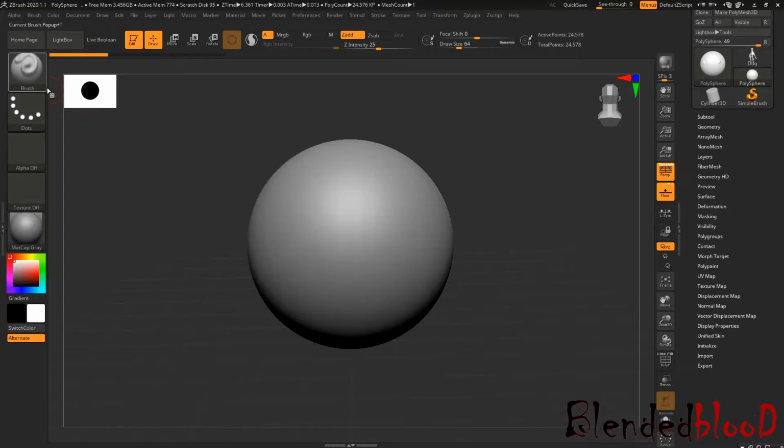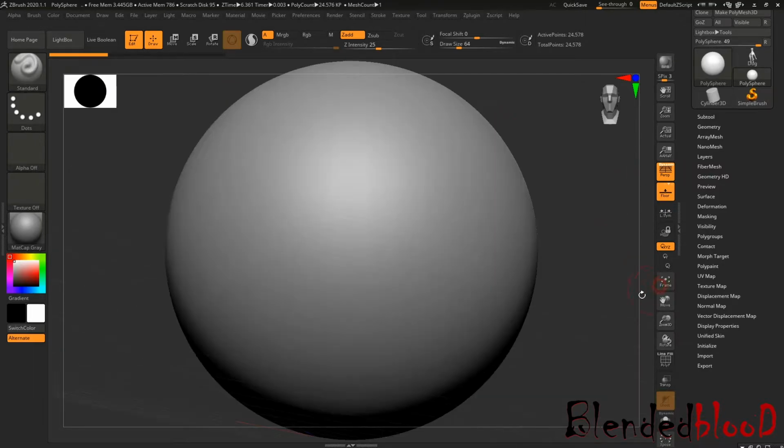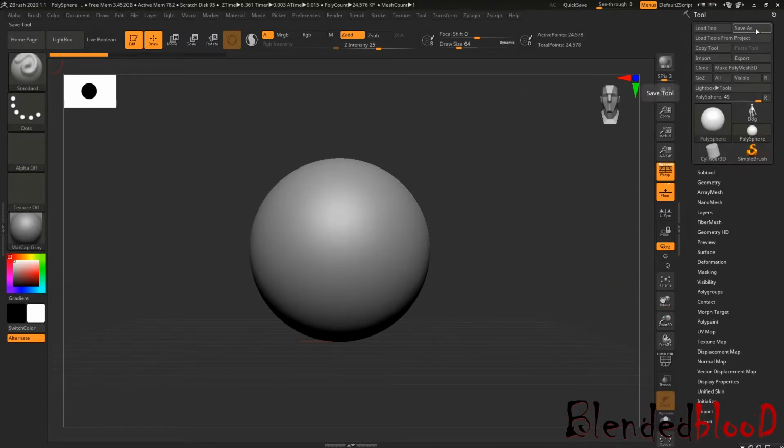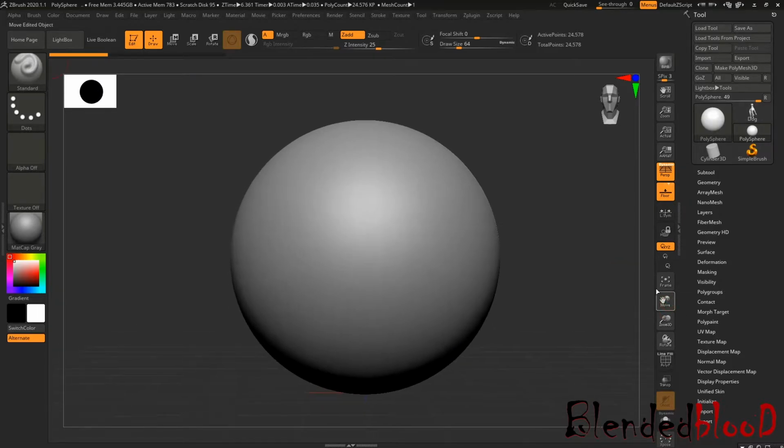Now come to the file save option. There are two kinds of save options. One is here, you can save from here. Most important thing, in ZBrush we call this object a mesh or tool. For example, if you're working with Maya or Max, you have to call it a mesh, right? Like you are working with a sphere kind of mesh or topology or geometry. In ZBrush you have to call it a tool. It's a tool, a sphere kind of tool.